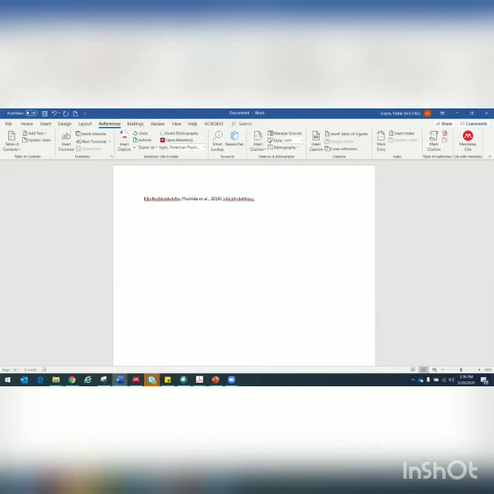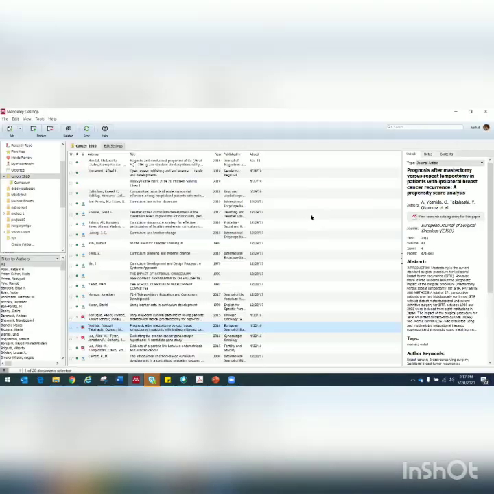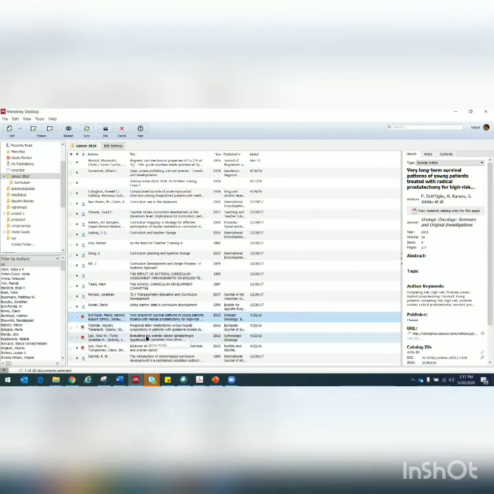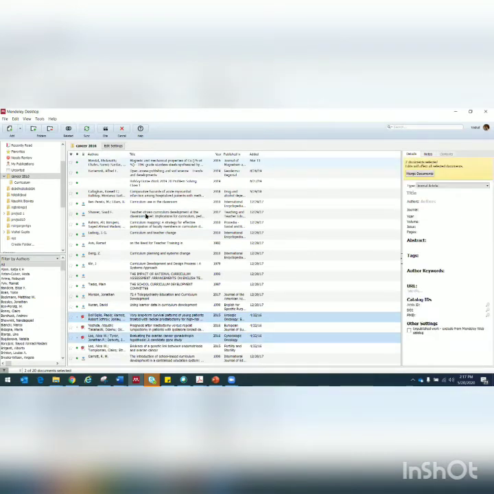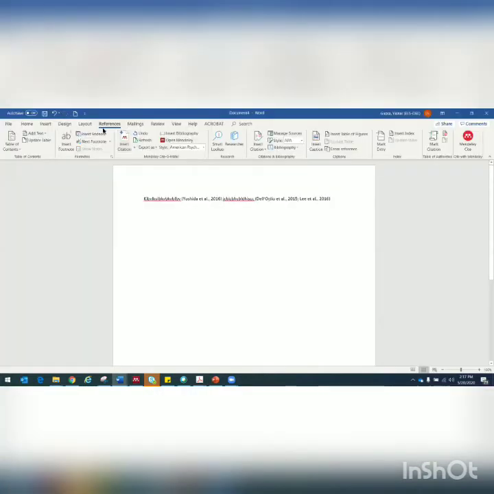Now I wish to include 2 citations together. What happens when we include 2 citations together? They are merged, and every format has a merging style. But if you are using Mendeley, you need not remember everything. All you need to do is click on Insert Citation, go to Mendeley, choose the 2 articles that you need to cite, and say Cite again on top. Both the articles are now cited. Now you can make as many citations as you want. I have done 3. You can do 100, 200, 500, as many as you want, right?